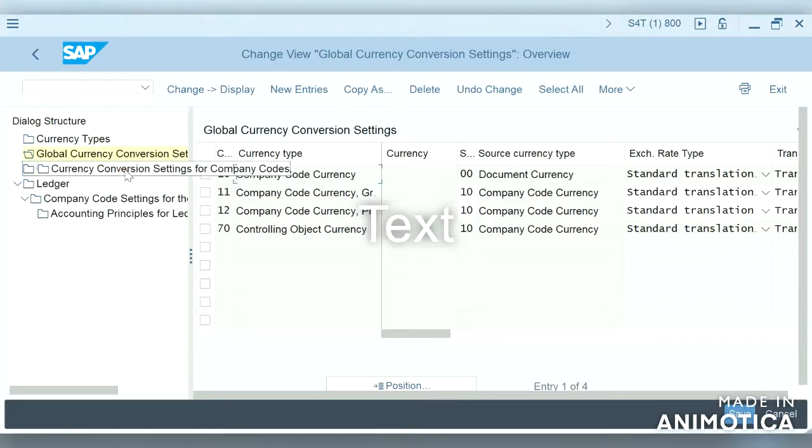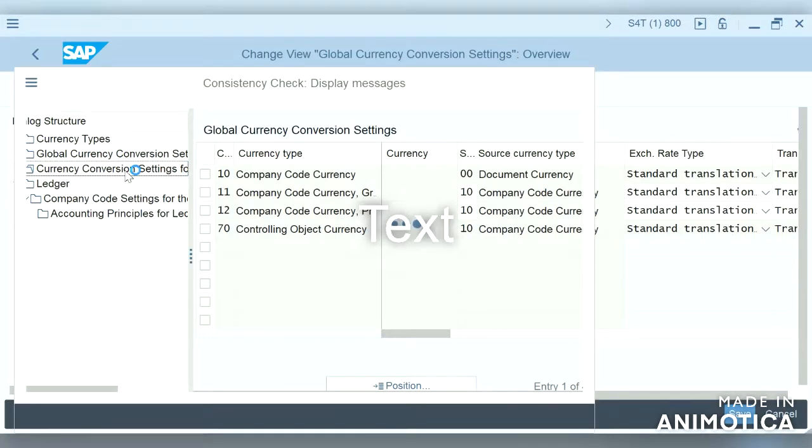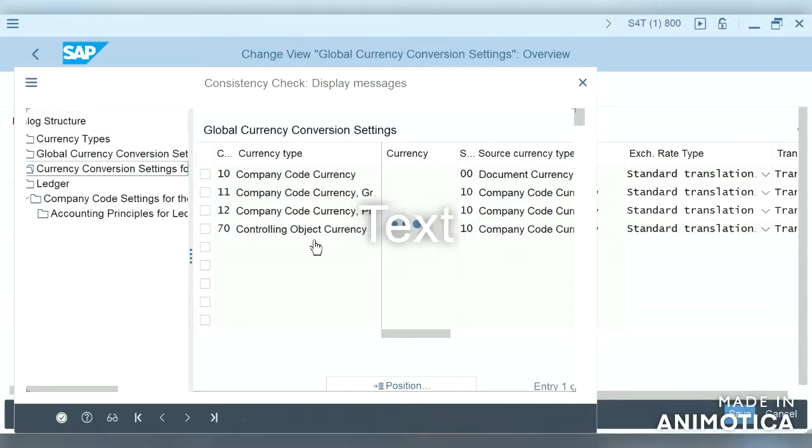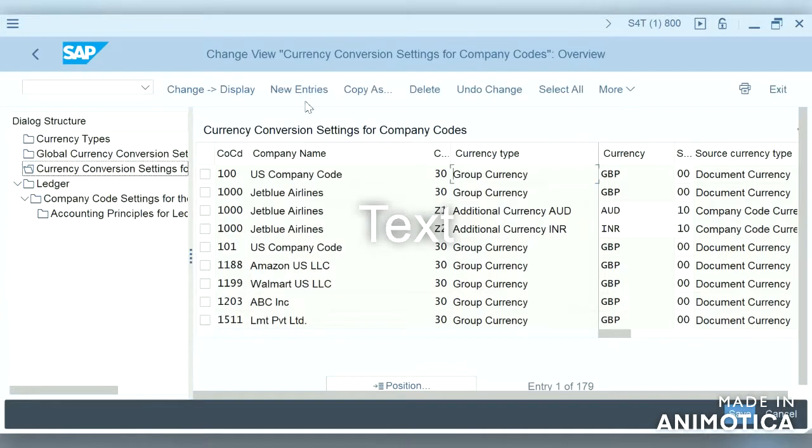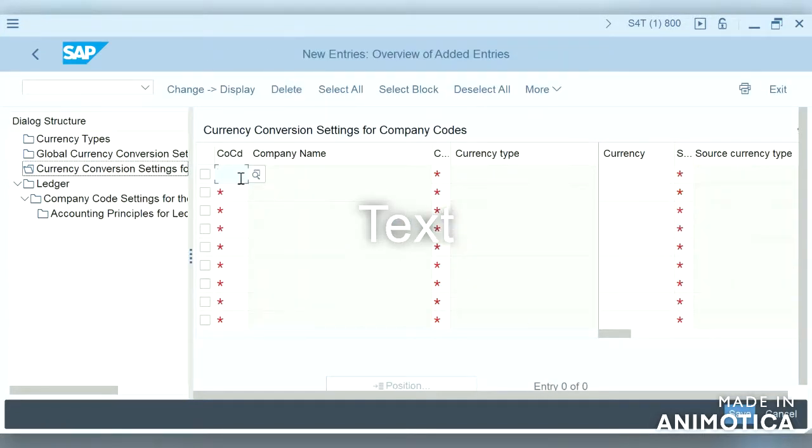And let us create a conversion setting for our company code. We will click on new entries and we will update. Our company code is 4HA.